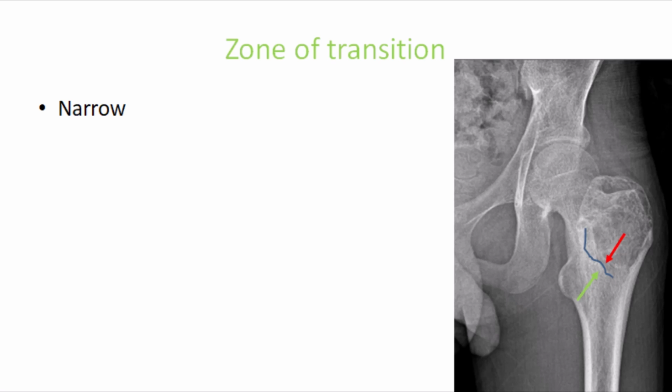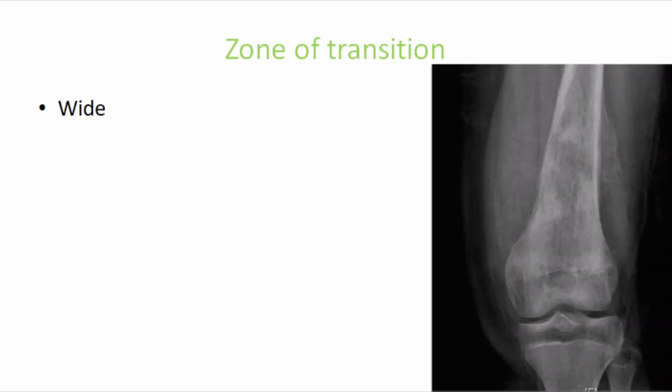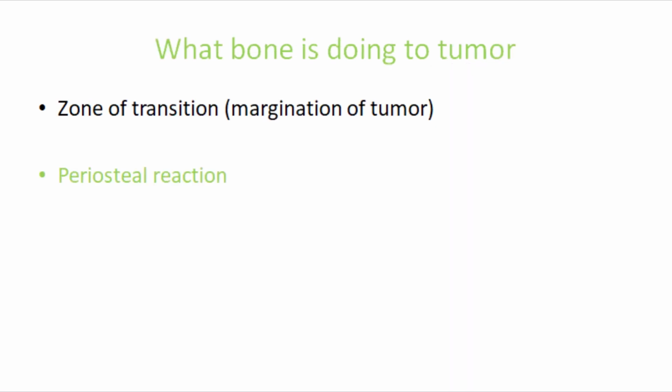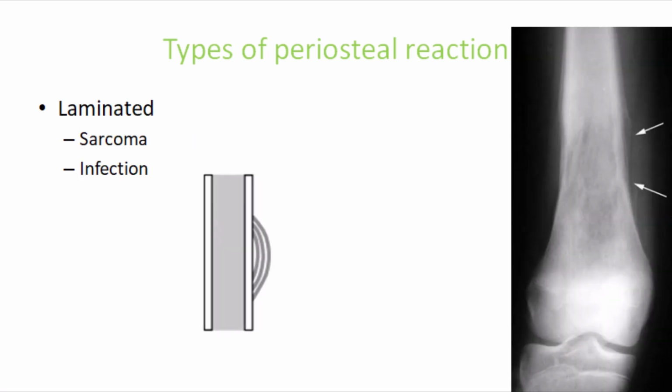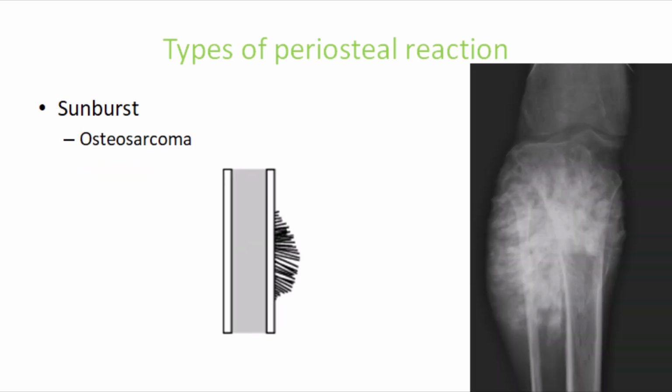On radiograph, one can draw a line on one side of which will be tumor and on the other side of it will be normal bone. Whereas in malignant tumors, the zone of transition will be diffuse or wide as the rate of bone destruction exceeds the healing response of the bone. Another response that bone can show is throwing a periosteal reaction. It can be solid in case of benign bone tumors, laminated in case of infection or sarcomas, or